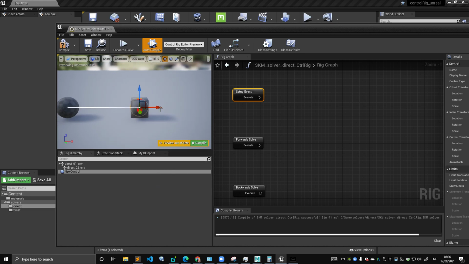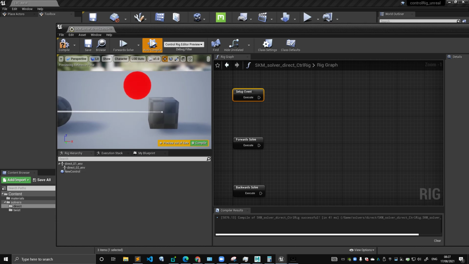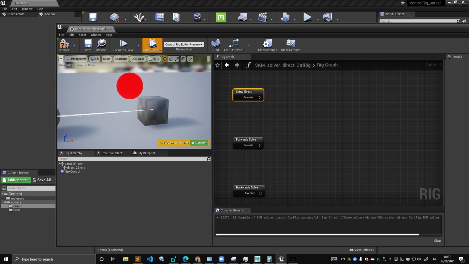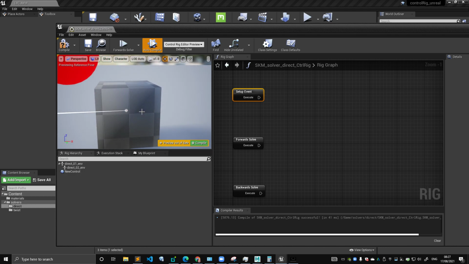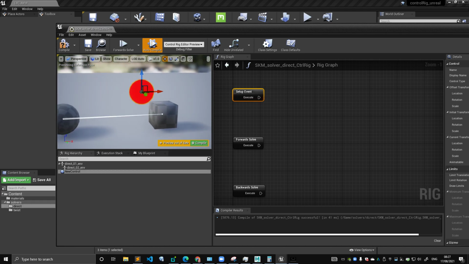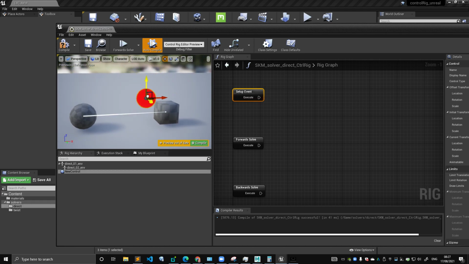Now this is really neat when you try to prototype stuff, but I personally don't really like it because most of the time this hierarchy is not that simple. There might be different joints on top of one another, oriented in a different way for some specific reason. So what I really like to do is set up the setup event immediately to define the position of this control. So this control is like direct one control,